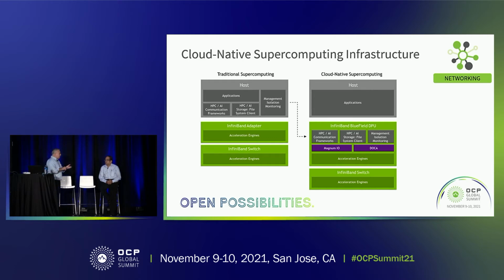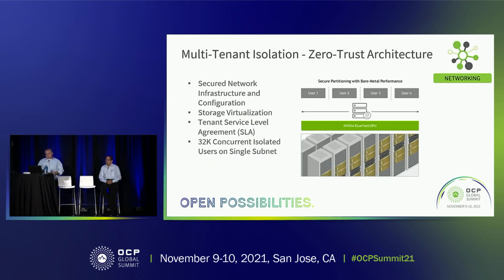For example, message passing interface for scientific applications. Shmem-PGAS, for example, for databases. NCCL, which is an NVIDIA library for AI, and so forth. It enables us to migrate those communication frameworks to the network, and that gives us the ability to actually achieve overlapping, which is a key thing for accelerating application performance. And by overlapping, I mean being able to progress the compute on the CPU while progressing the communication in parallel on the network, and achieving full overlapping between compute and communications. And that will be the majority of the discussion. So just before getting there,